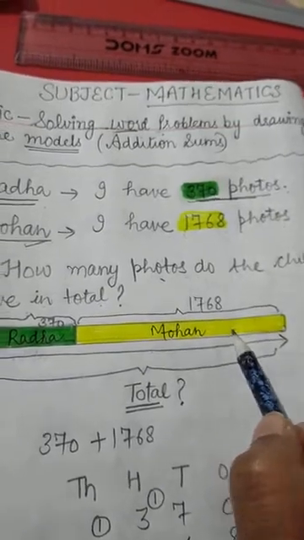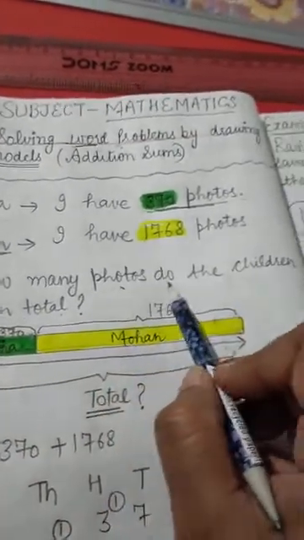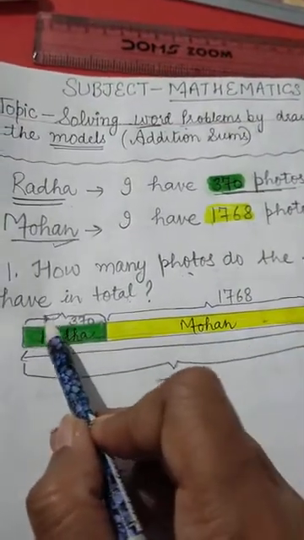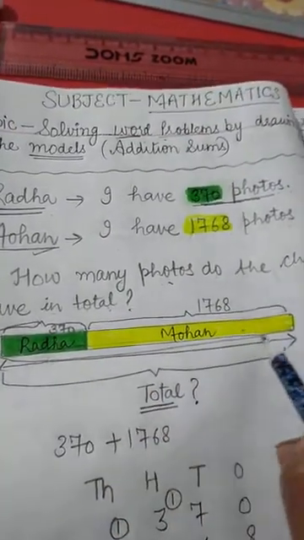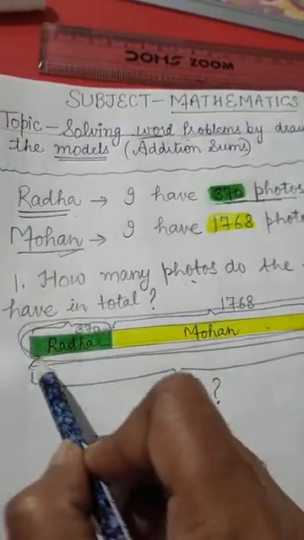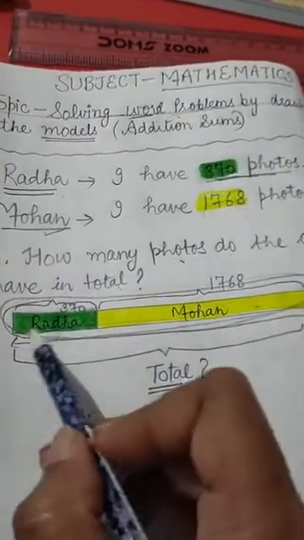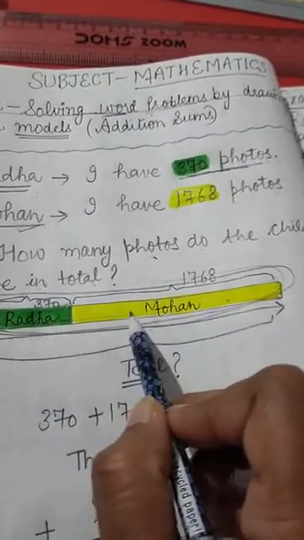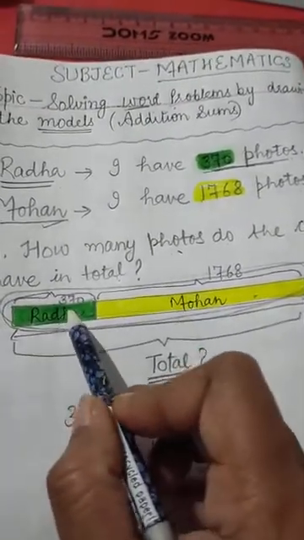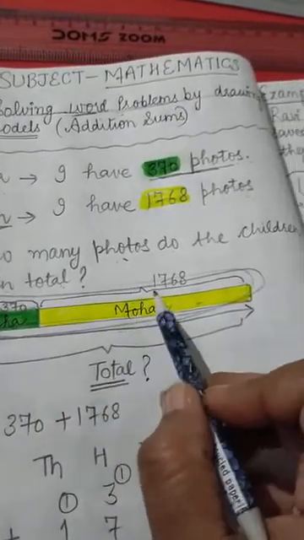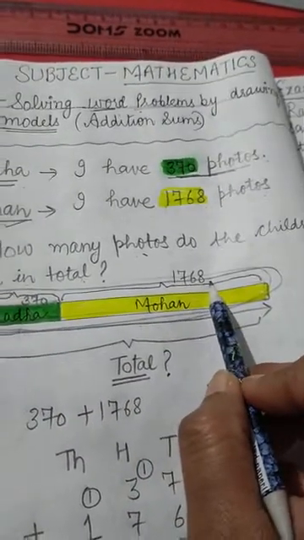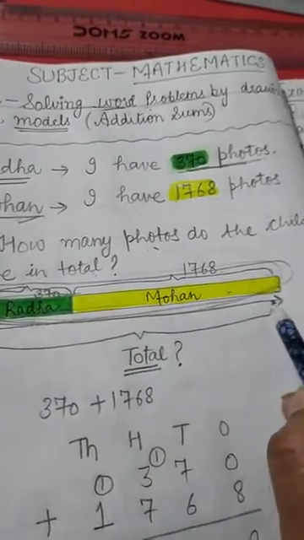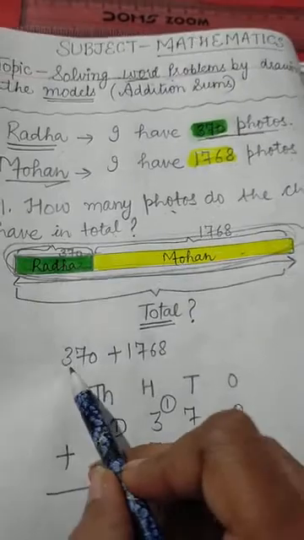Now you have to find out how many photos the children have in total. So you have to add this green and yellow portion. Green portion means 370 and yellow portion means 1768. When you add these both, you get the total photos: 370 plus